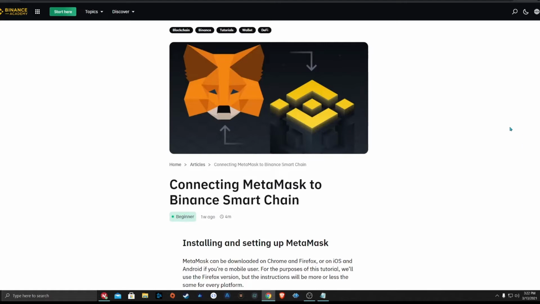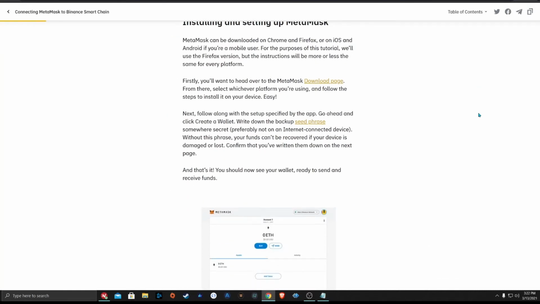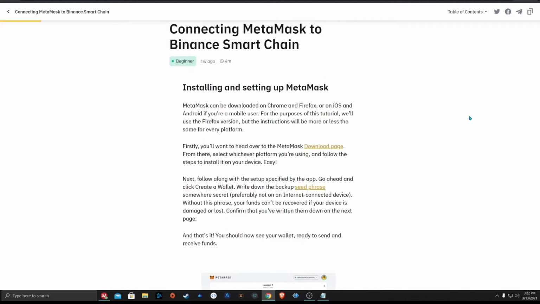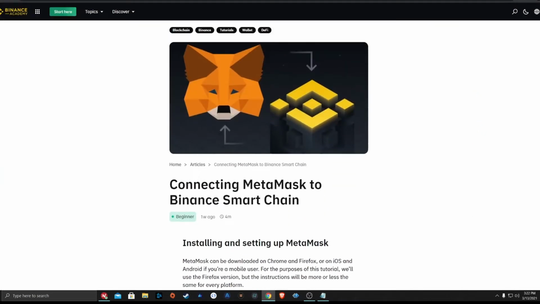But anyway, I'm not going to go through the whole article with you. I'll just put it in there in case you're a reader, but it's actually extremely simple and I'm just going to show you how to do it. So first and foremost,